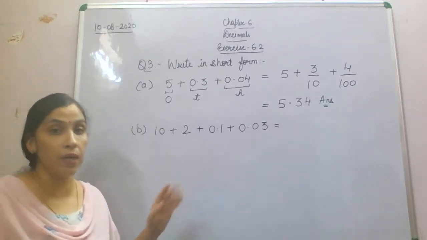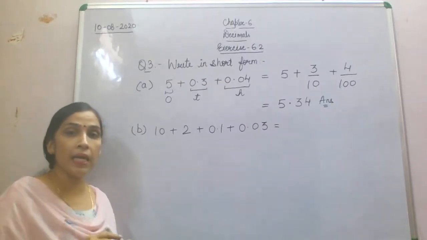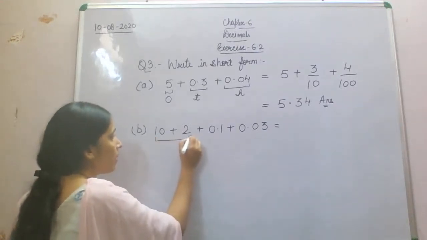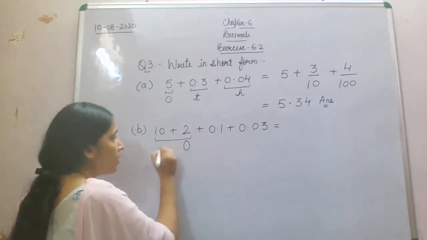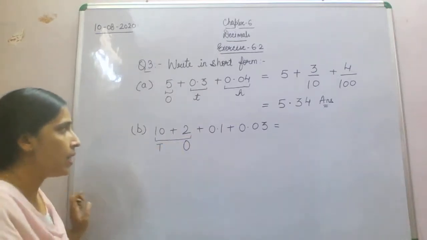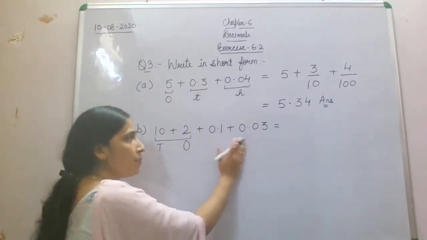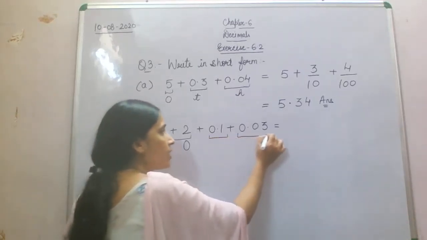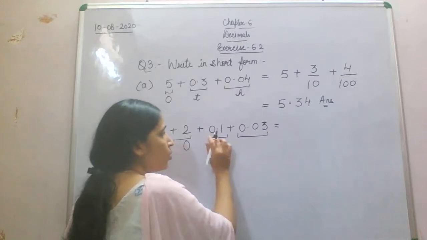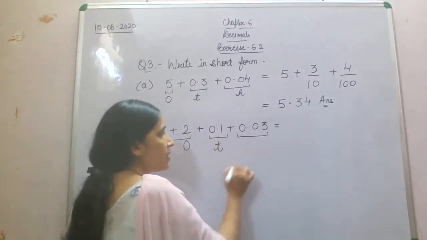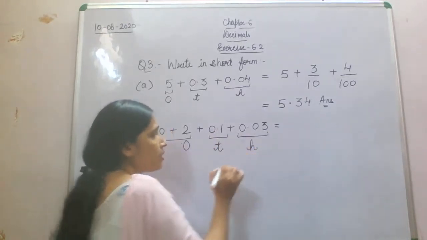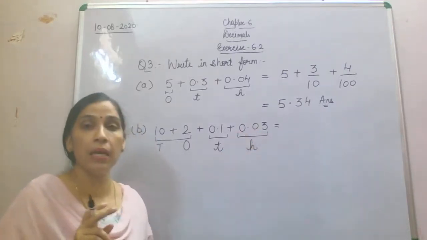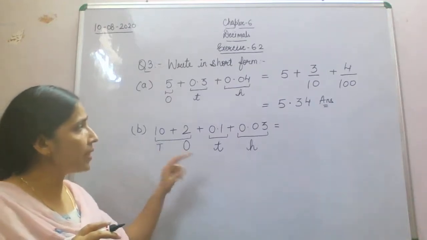is the decimal part. So for explaining that, I just write down the decimal part and this is your whole number part. You can see, this is your ones place and this is your tens place. Now if I come to the decimal places, these two are your decimal places, and this 0.1 will be your tenths place and this will be your hundredths place, because after the decimal you have 2 decimal places. Now what will be the next step?